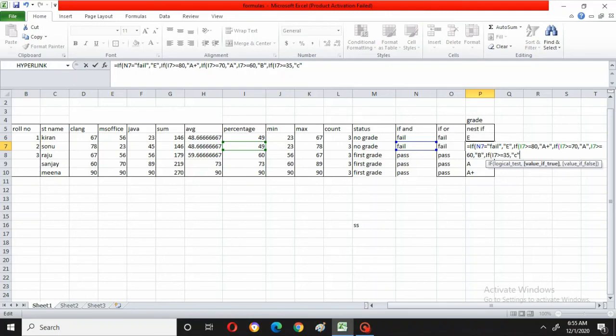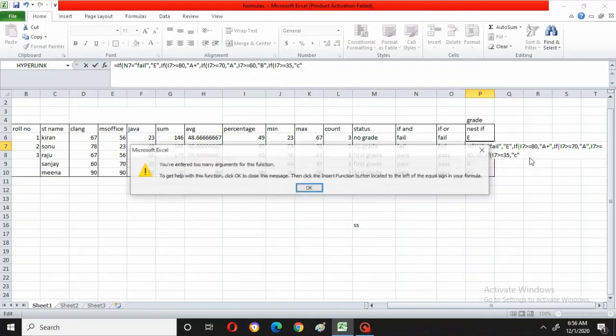Right? How many if conditions I have used? This is one if condition. So one bracket, 1, 2 and 3. So if you don't want to close directly, if you say enter also, automatically it will take. Okay. I'll give comma. Comma is for one more. Okay. I will say enter.